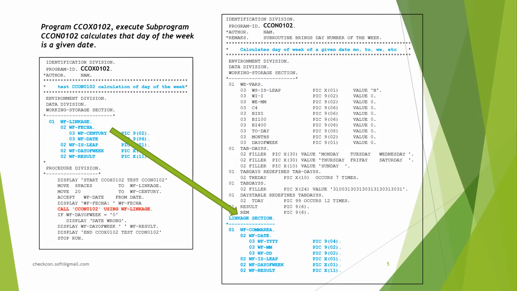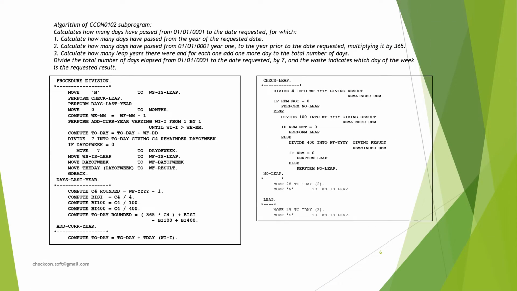Program CCOX0102 executes subprogram CCON0102, which calculates what day of the week a given date is. Algorithm: the CCON0102 subprogram calculates how many days have passed from January 1st, 0001 to the requested date, for which